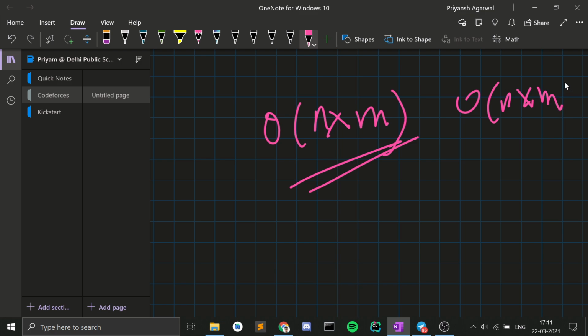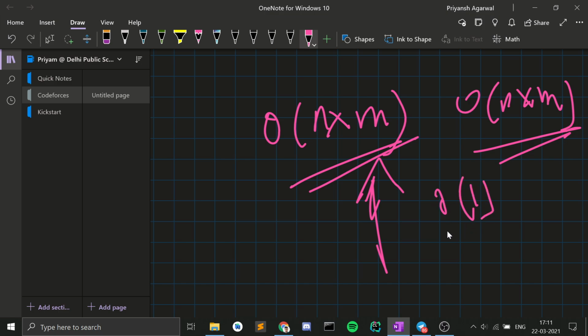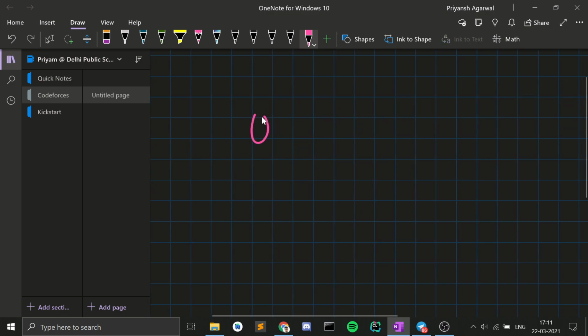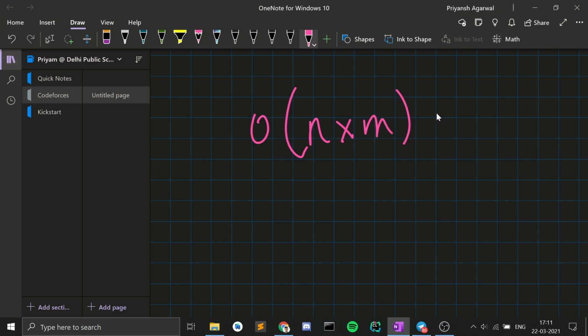Okay, if you find the maximum value and then go to all their neighbors and do those operations, performing an operation in our case is order of 1, but we will have to do it for many cells, right? We will have to do it for order of n into m cells, considering the worst case obviously. So we will have to do the operations order of n into m times, and we will have to multiply this by order of n into m. This is because this will be the time complexity required for finding the maximum value inside that grid, okay?